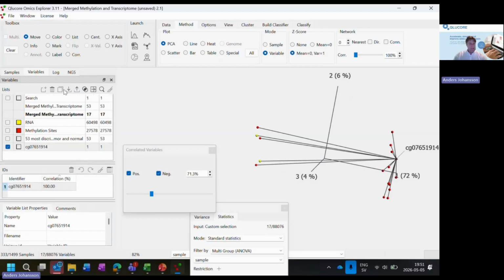Let's generate a variable list of these by copying here and give this a name, 71.3% correlation with, and then it's CG